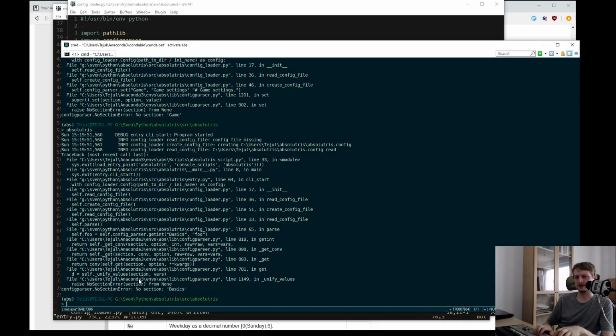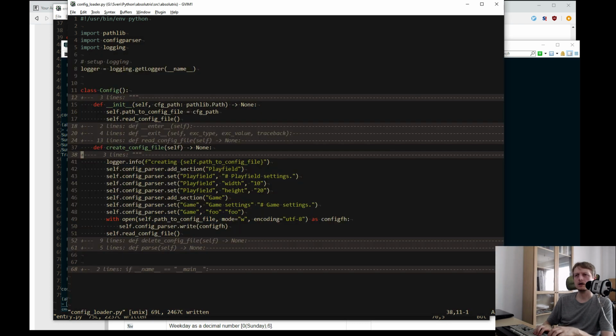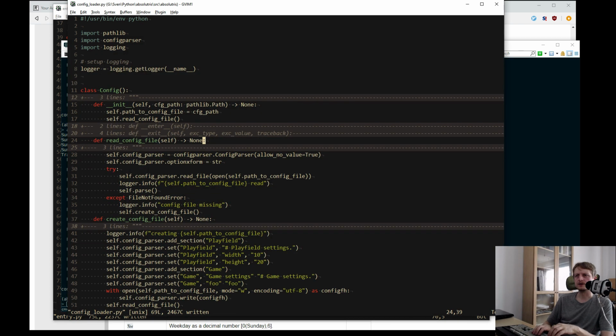Where do I even ask for section basics? In config read. Here in this thing.